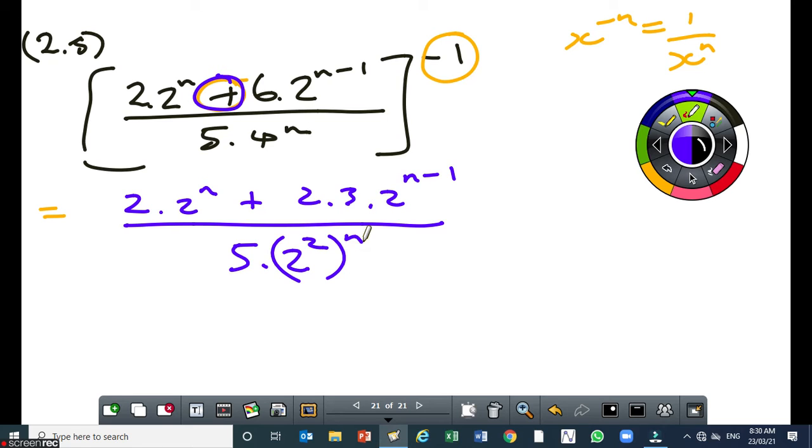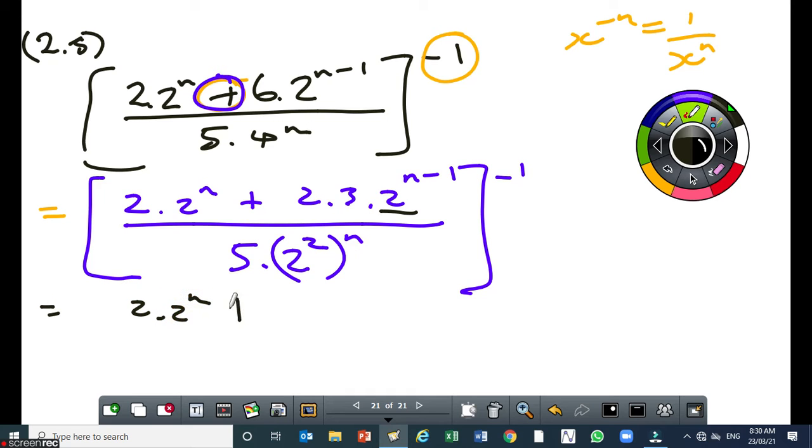Then, my next step is to create the common factor. Okay? To create the common factor. Right? Don't forget to put everything inside the square bracket and then raise that to the power of minus 1. Right? Then, the next thing, I'm going to use law 1 there, moving from the right hand side towards the left hand side, because I want to create that common factor. Okay? So this will become 2 times 2 to the power of n plus 2 times 3 times 2 to the power of n times 2 to the power of minus 1, all over